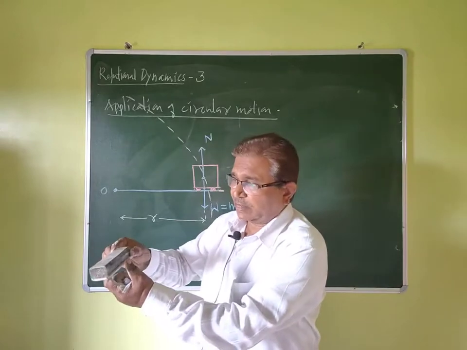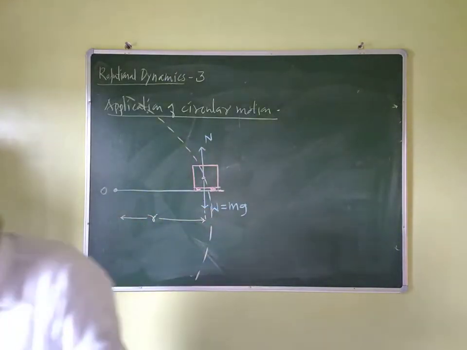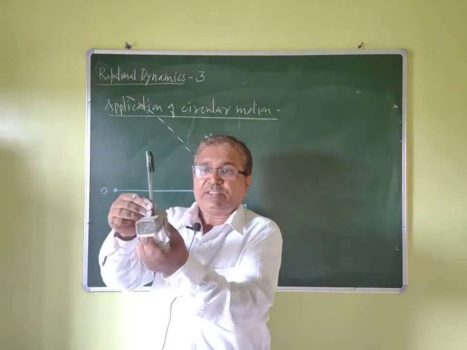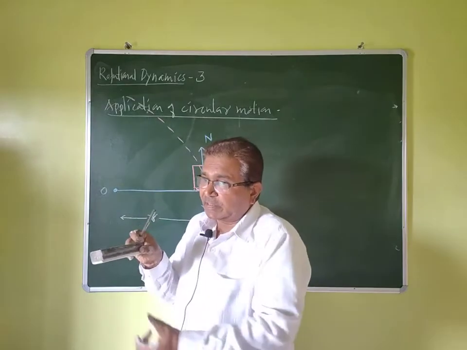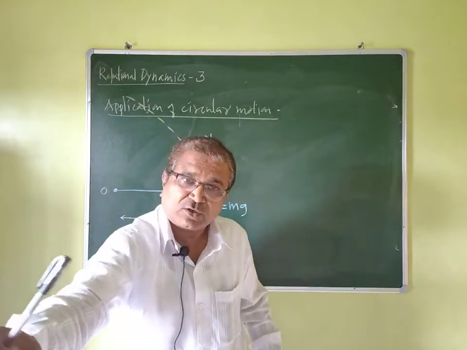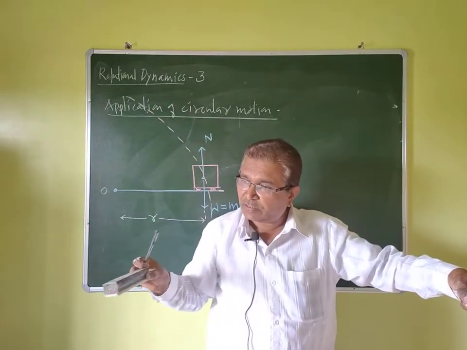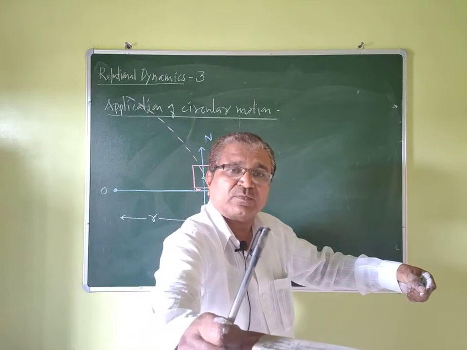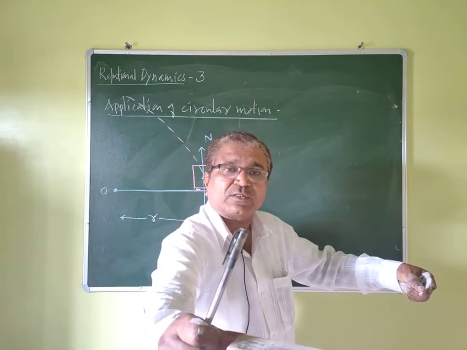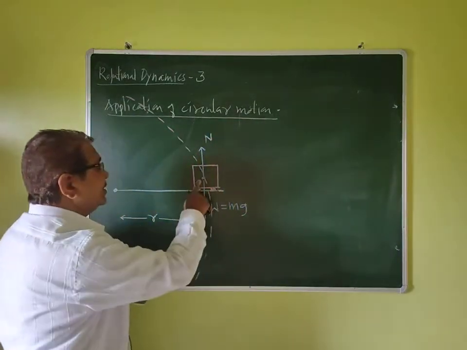Vehicle is like this here. This is a normal reaction, and the vehicle is turning like this on a horizontal curved track. So this is the center O, and the vehicle is turning like this. Okay, imagine, dear student, and come to this picture and observe this picture on the board now. So this is the vehicle.